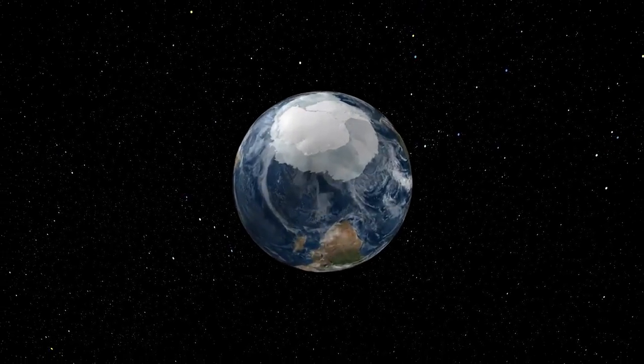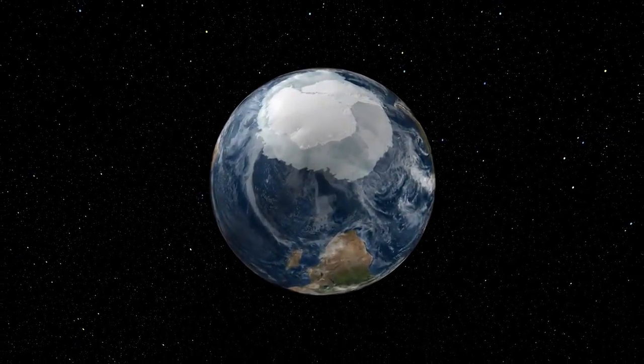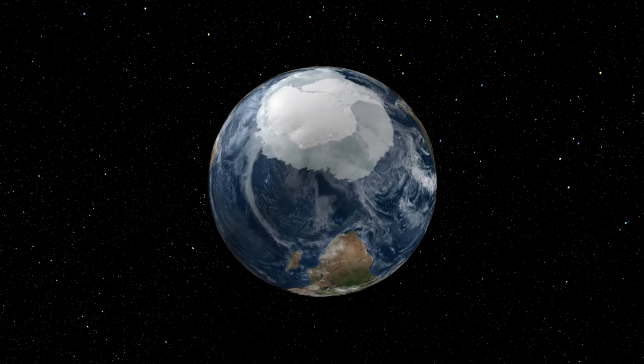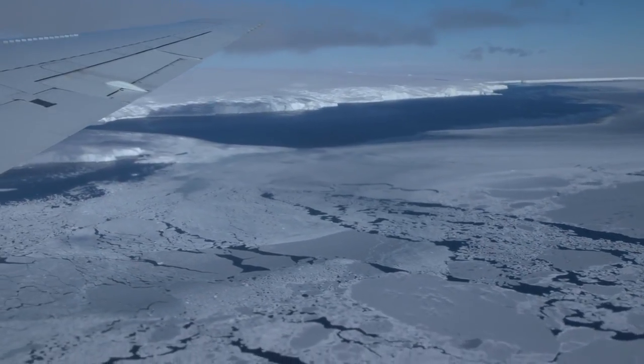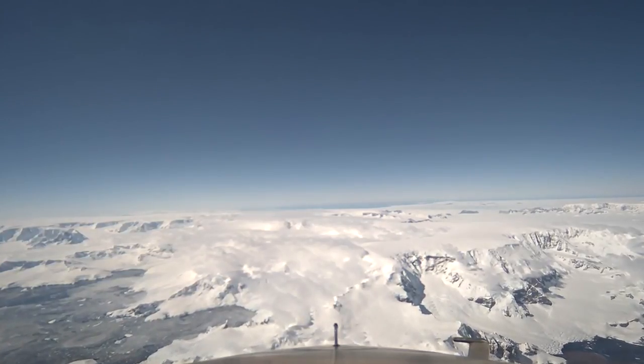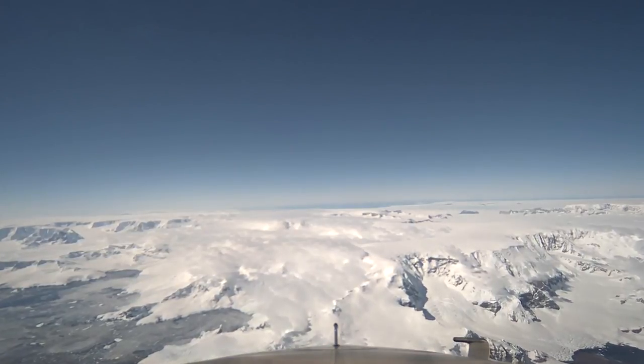Antarctica is covered by the largest piece of ice on Earth. How that ice moves and changes affects the entire planet. A NASA airborne mission called Operation IceBridge is now completing its 8th consecutive year of measuring the changes in Antarctic